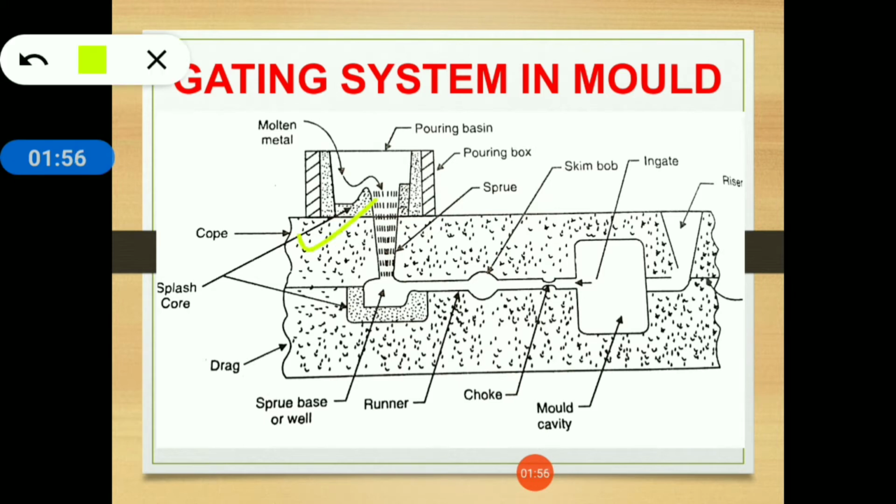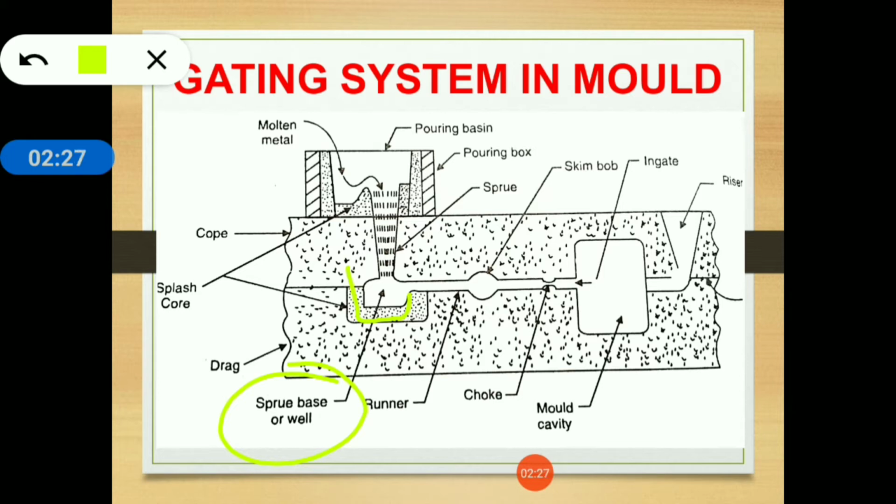Now, the second part is the sprue. The sprue is a vertical channel through which your molten metal enters from the pouring basin and reaches the sprue base or well. It is nothing but a vertical channel through which the metal will pass down. Then this is the sprue well, sprue base or well,